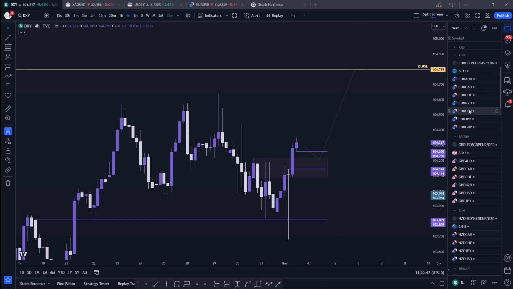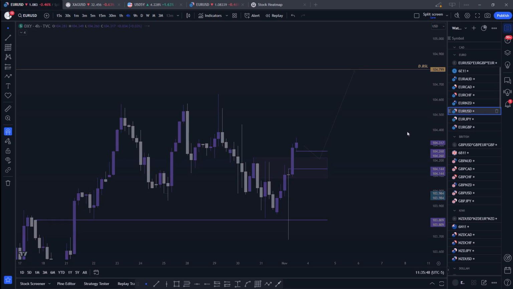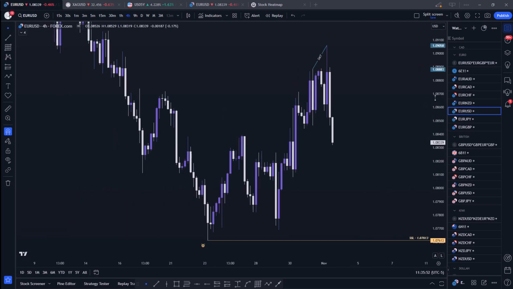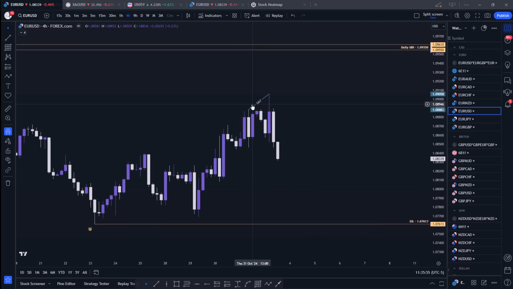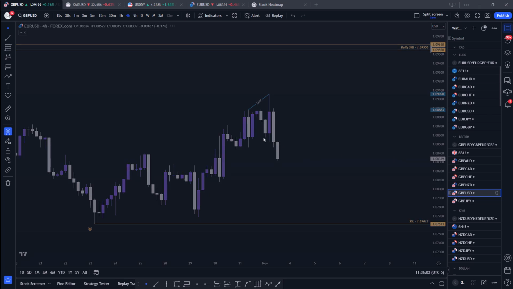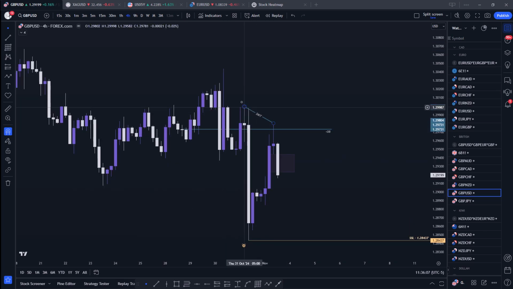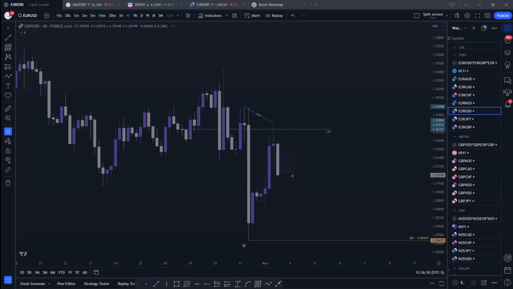This is perfectly aligned, in my opinion, with euro dollar. On euro dollar, we have that potential sell side liquidity down there, and SMT at the highs here. Notice this high that was created on Thursday was swept on Friday, right? So we swept the highs on euro dollar. When you look at GBPUSD, GBPUSD failed to sweep that high. You can actually see GBPUSD making new lows, lower highs. So I'm looking for lower euro and lower pound.